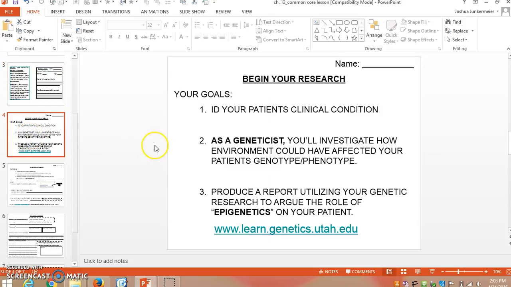Our main goals today, and the project of course will last a couple days, but this project overall, you're going to identify your patient's clinical condition based on your best understanding from research. You're going to act as not only a doctor, but really explore genetic concepts. And you're going to be trying to investigate how maybe your patient's environment could have affected their issues in life. And finally, as I've said already, you're going to produce a report that's really utilizing your research to argue the role of epigenetics